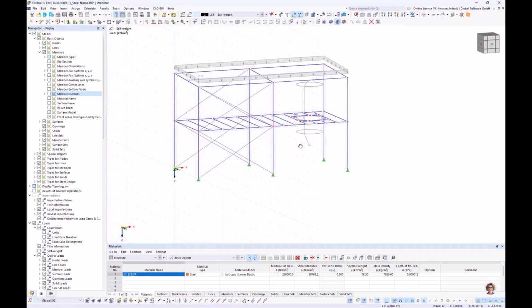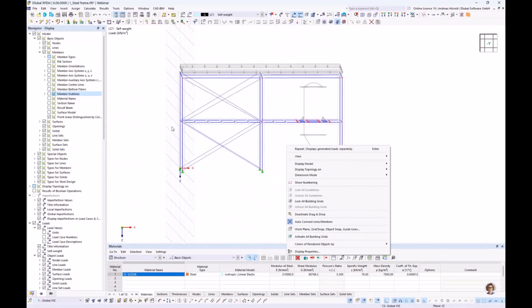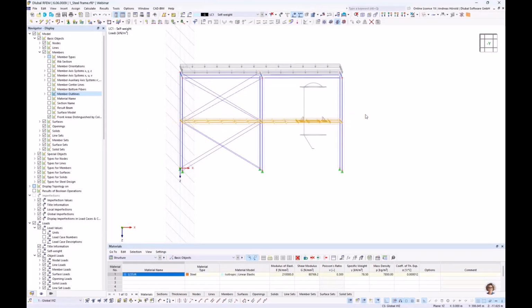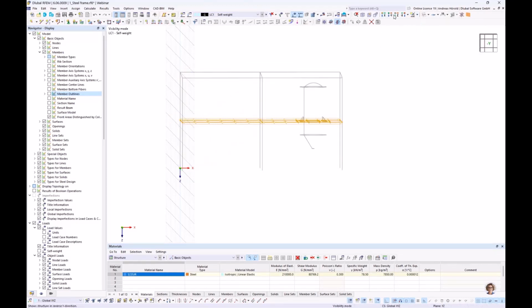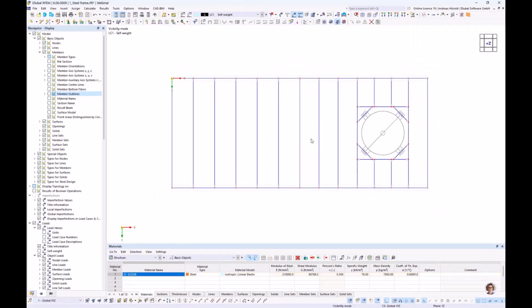So then we continue with the platform. I select only the platform. And then I show only the platform members. So, okay. So, yeah, the next load, the load for the platform, for example, for steel plate that lays over